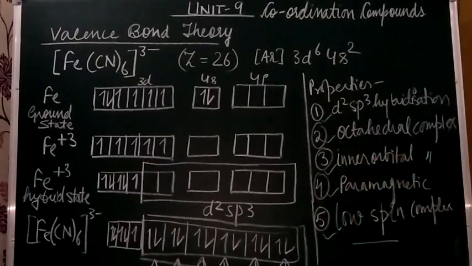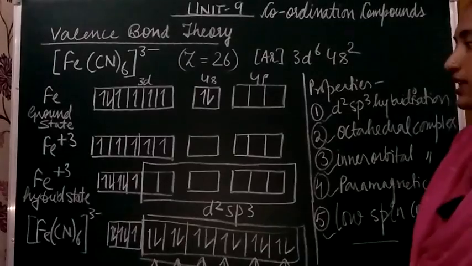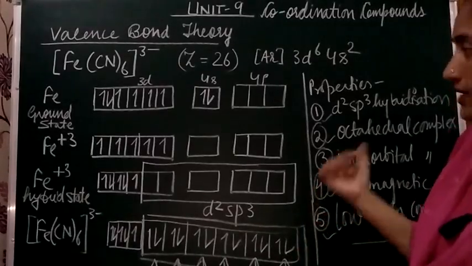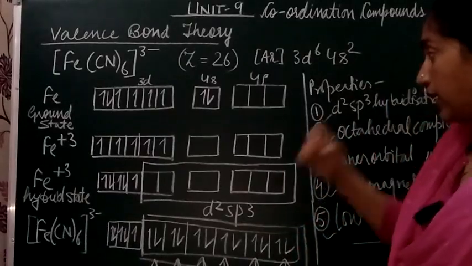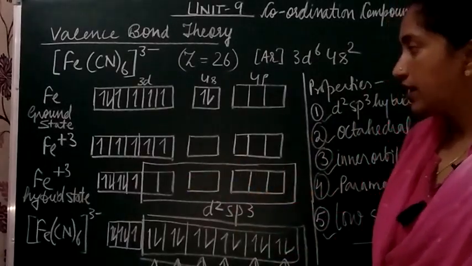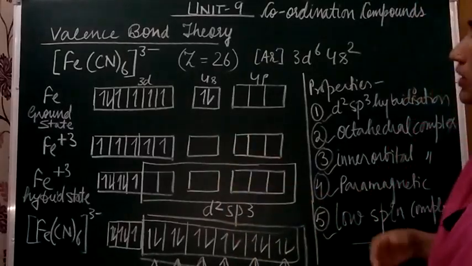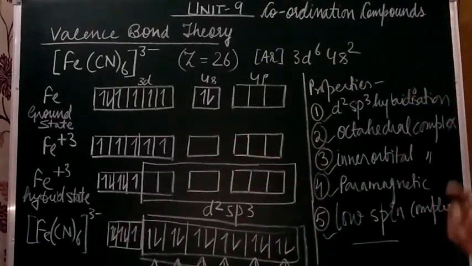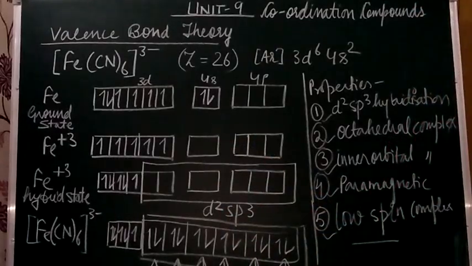Finally, it is a result of the type of ligand, because the approaching ligand decides the availability of the vacant orbital for itself, and it causes the pairing of the electrons. So the VBT cannot explain it, right? That's why we further look ahead to the next theory, that is the crystal field theory.